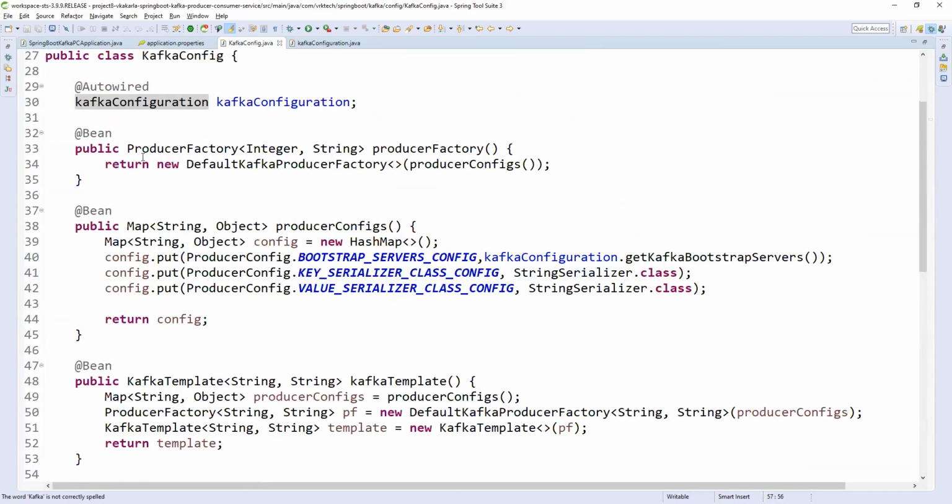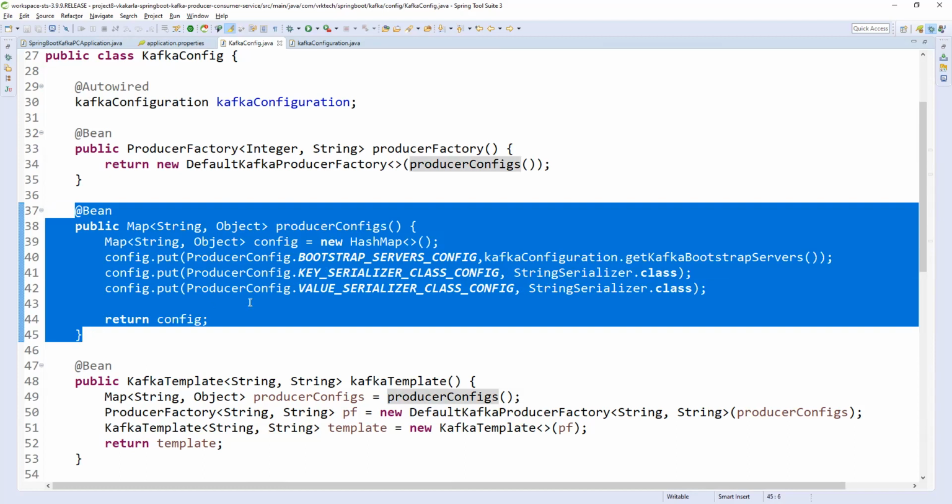So here, first of all, you need to create a producer config. So the return type is string and object. Key will be string and this will be object. Object in the sense value. Value may be a JSON string or a simple string or a list of objects or a normal string object or JSON object, any kind of thing. So that is the reason I generically gave it as object, right? So this is the producer config. First of all, you need to know this one.